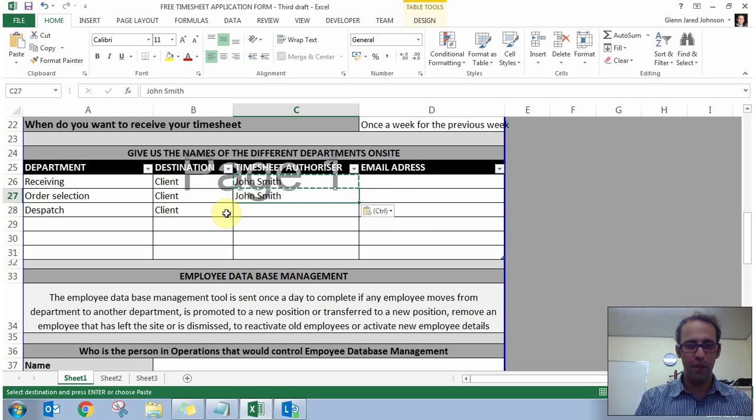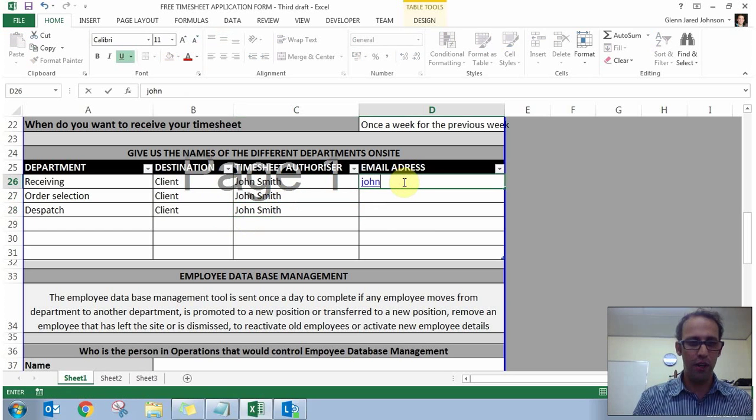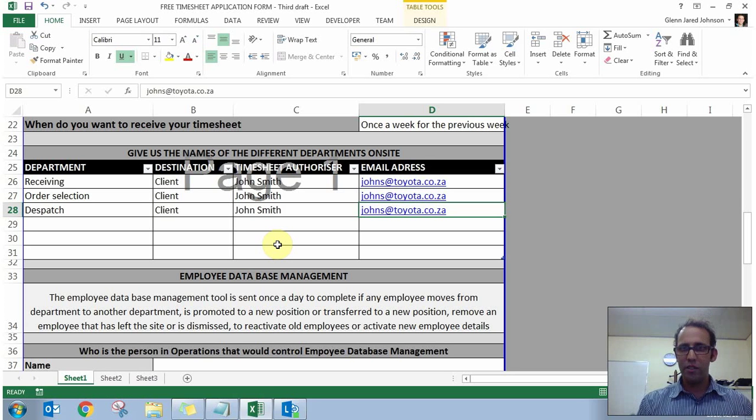So let's just copy and paste them in there. And the email address for John Smith is johns@toyota.co.za. Great. We'll just copy and paste in there. All right. Now there is a tutorial video on how to complete timesheets that both you and your clients can